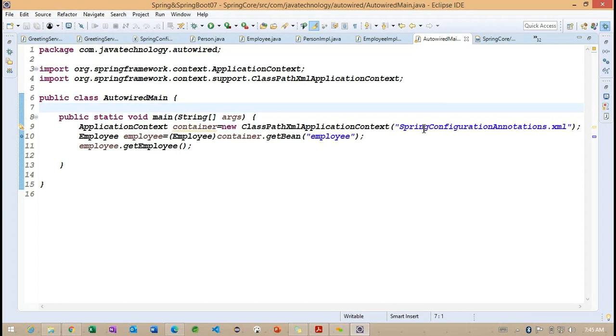Okay. So we need to check one more important section here, something called an inject related example.